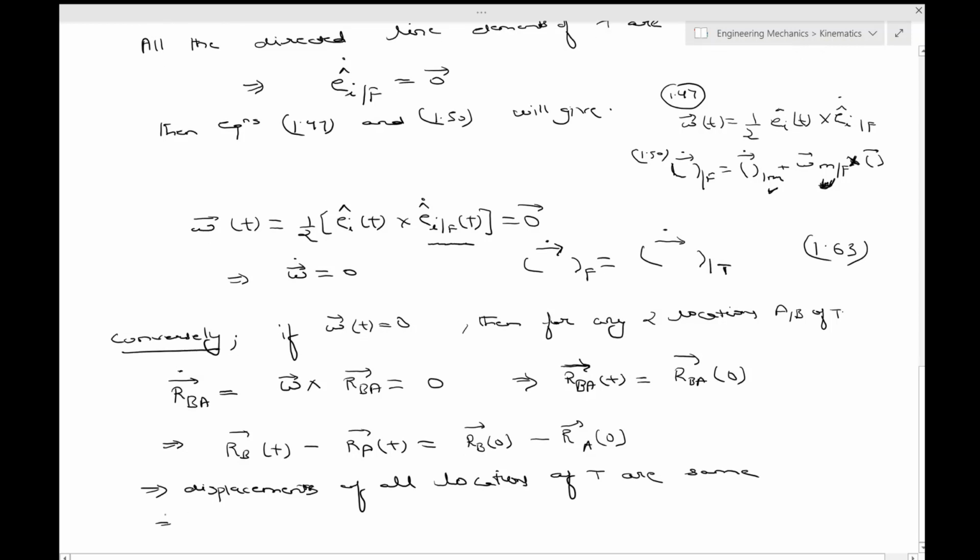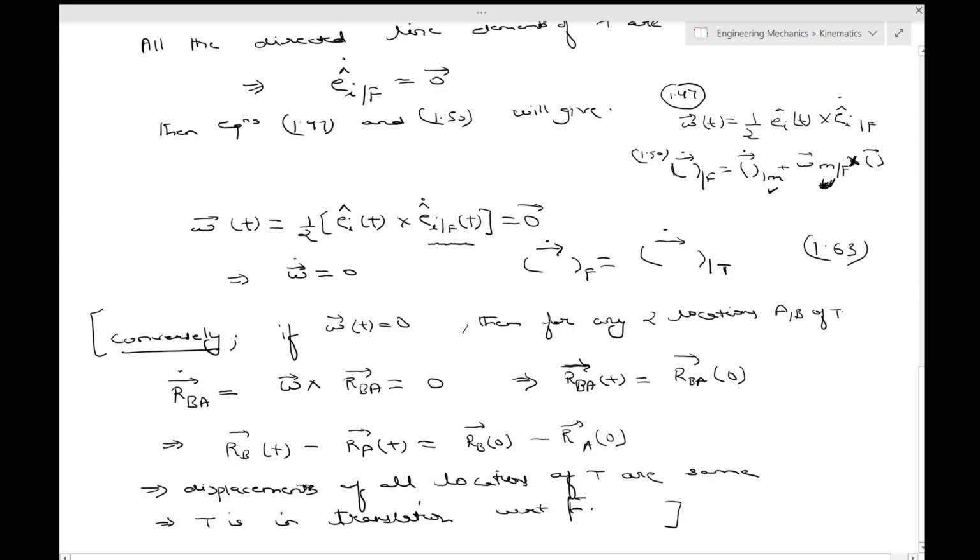This implies that t is in translation with respect to f. Okay, so what we have done from over here to over here is go back from this to where we started with the definition of translation. So if omega is equal to 0,